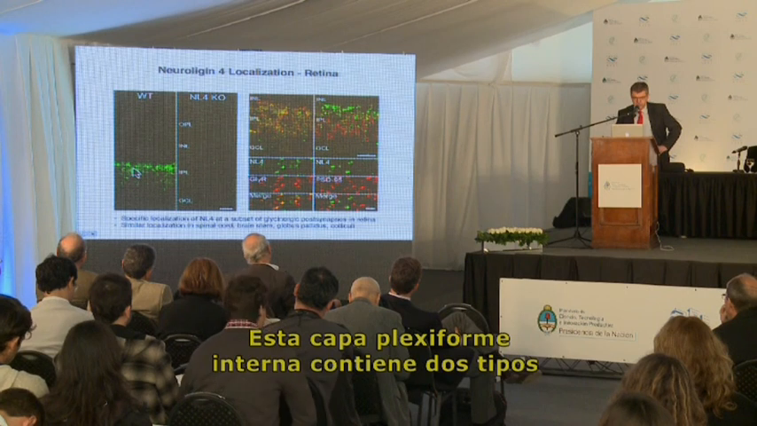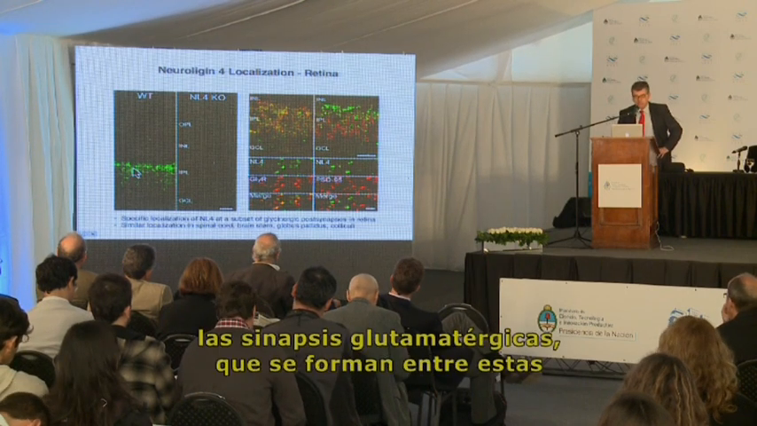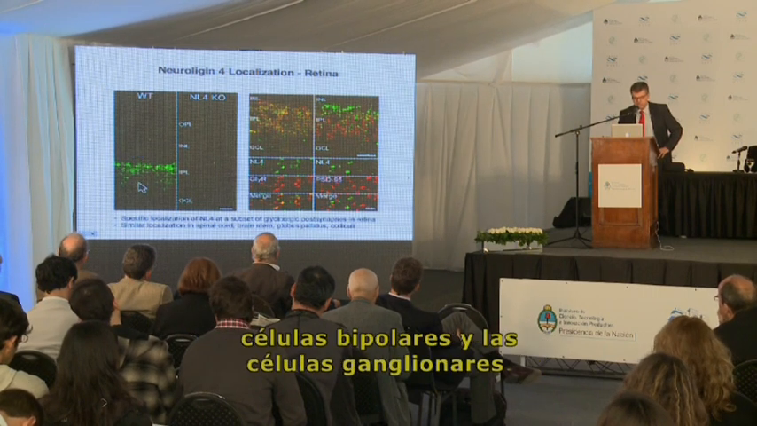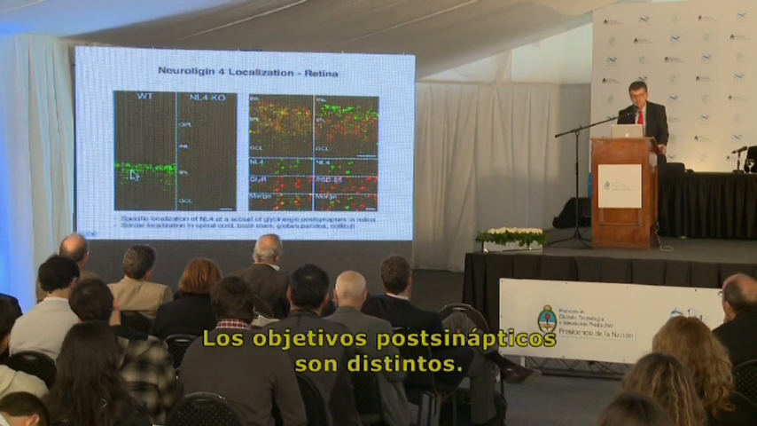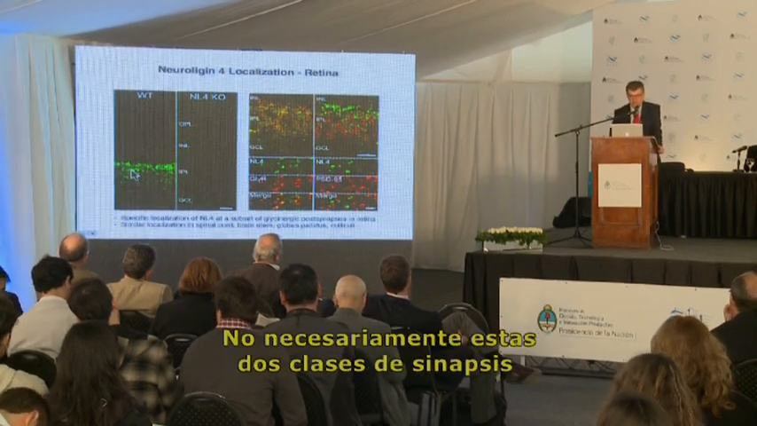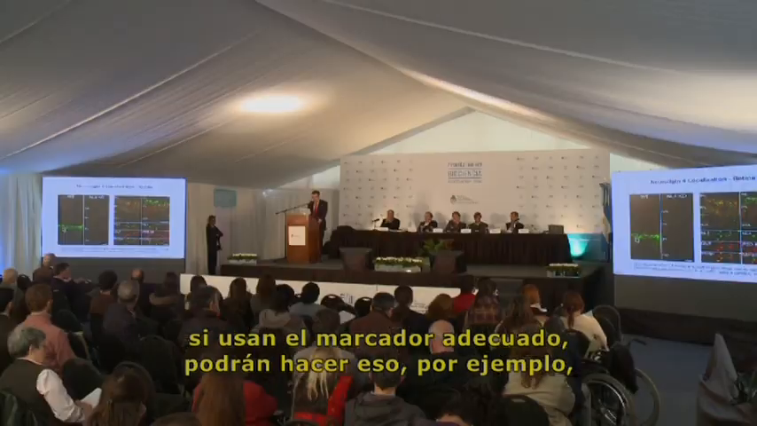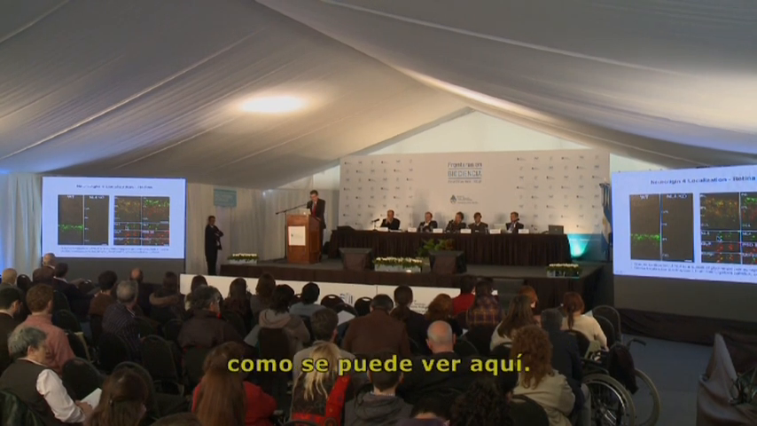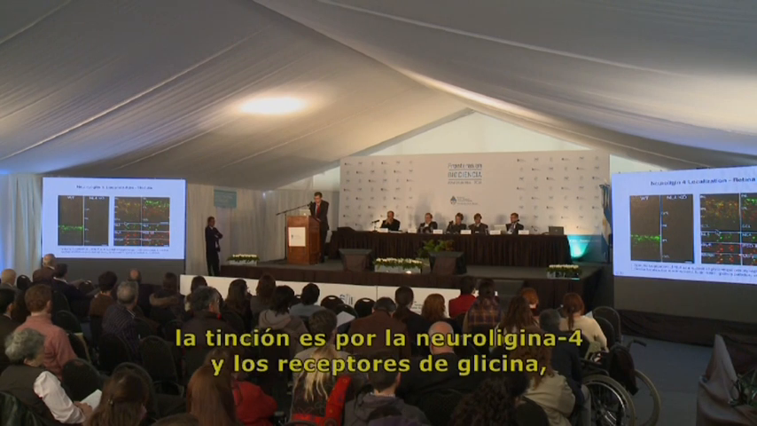And this inner plexiform layer contains two major types of synapses: glutamatergic synapses formed between these already mentioned bipolar cells and the ganglion cells, and then inhibitory synapses formed by amacrine cells upon different postsynaptic targets. Both of these synapses cannot necessarily be distinguished by standard markers, but if you use the appropriate markers, you can do that. For example, as illustrated over here, I'm showing you a staining of the inner plexiform layer,